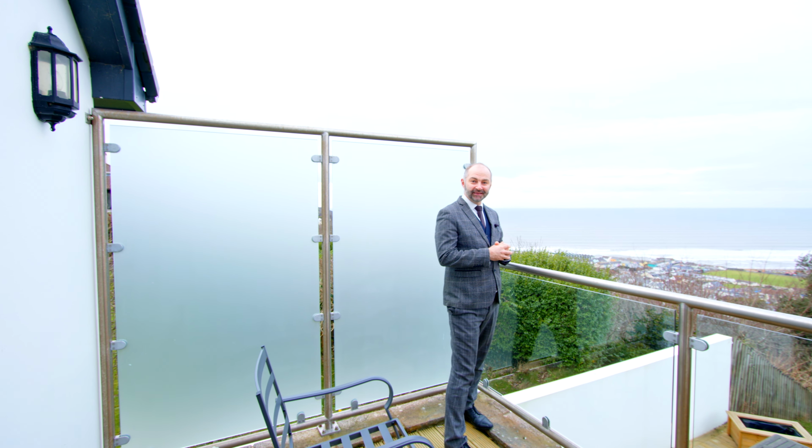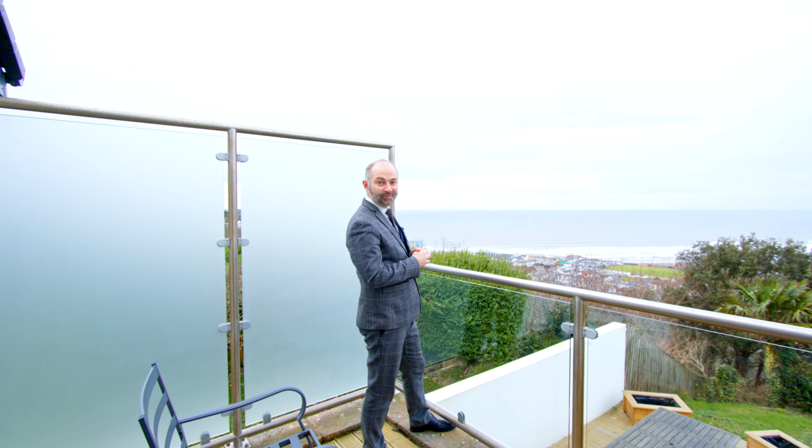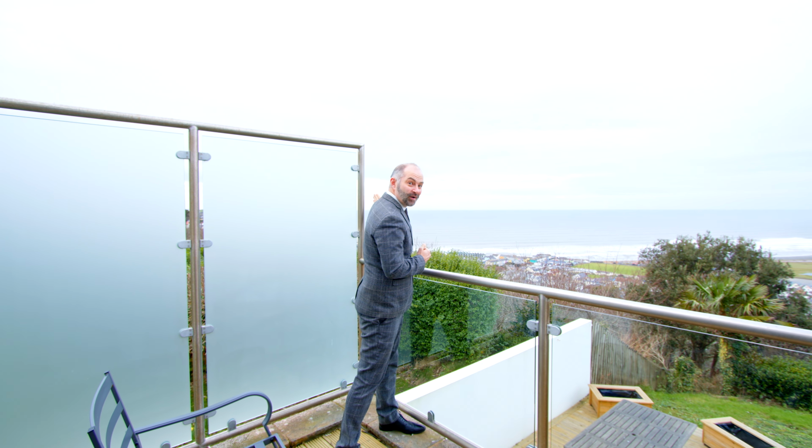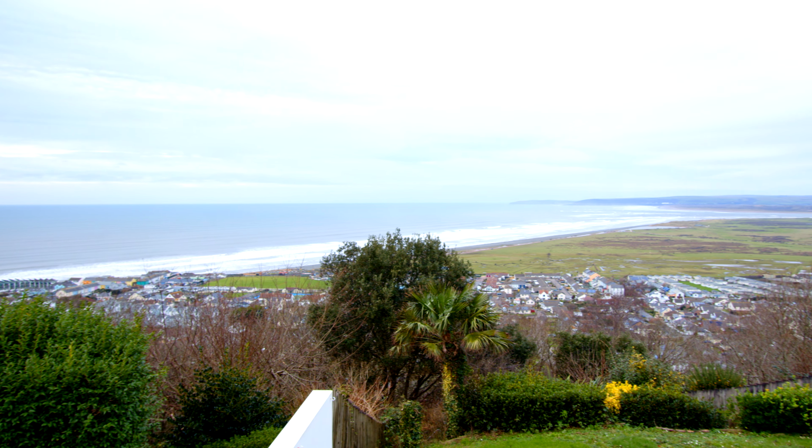Now up on this balcony, it really is stunning, looking out over the whole of the bay below. You can see right from Hartland, you can see Lundy, you can see Saunton Sands, and all the way out